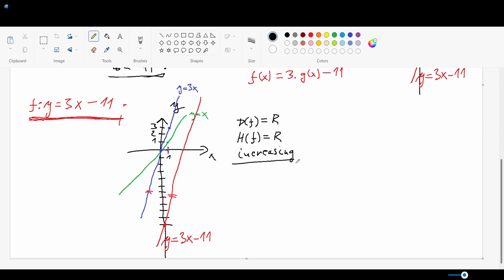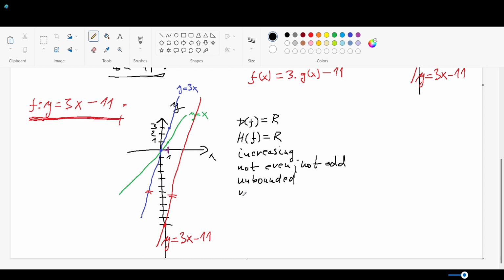We could read this even without drawing the graph, because the parameter in the equation is the number 3, which is a positive number. Then the function is not even, not odd,